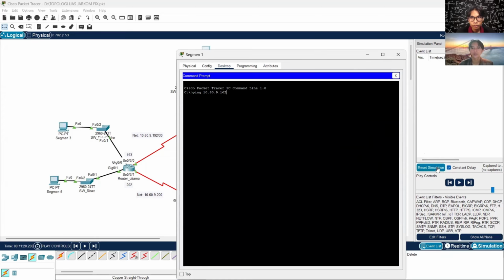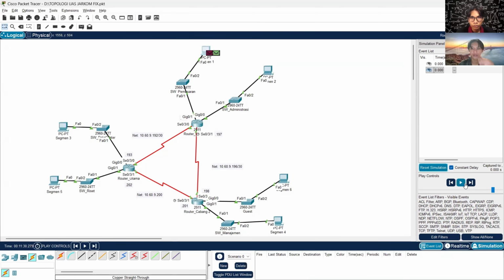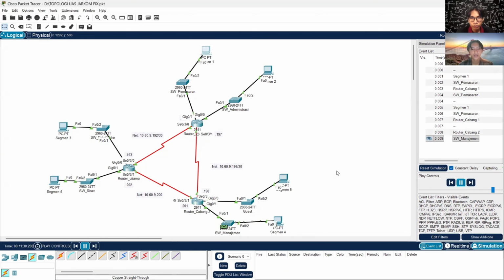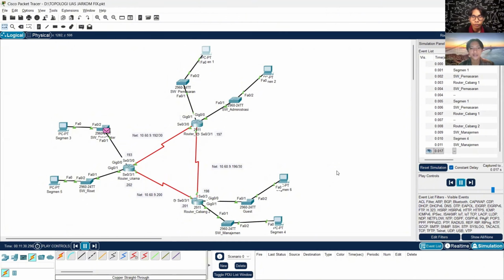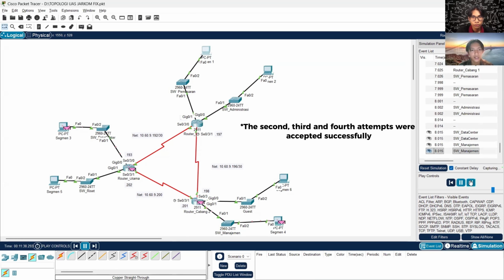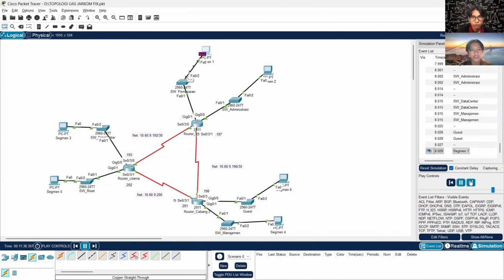So we will use ping and simulate here. For the first try of sending a package, yes, it will fail. So let's wait for the next packages to be delivered and see if it is successful or not. Let's check the last package.